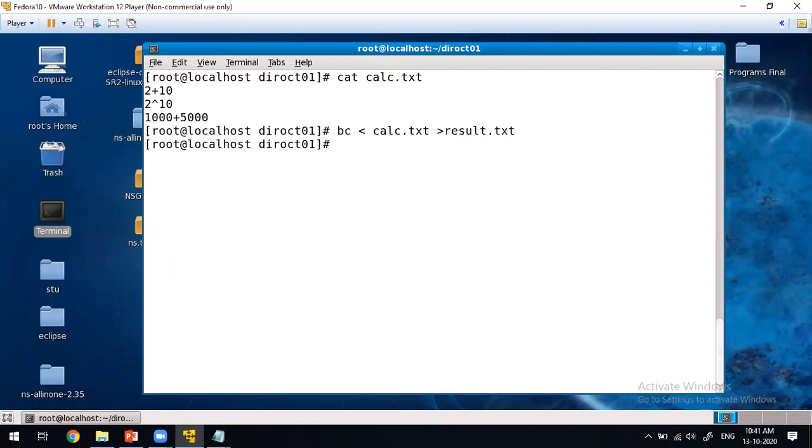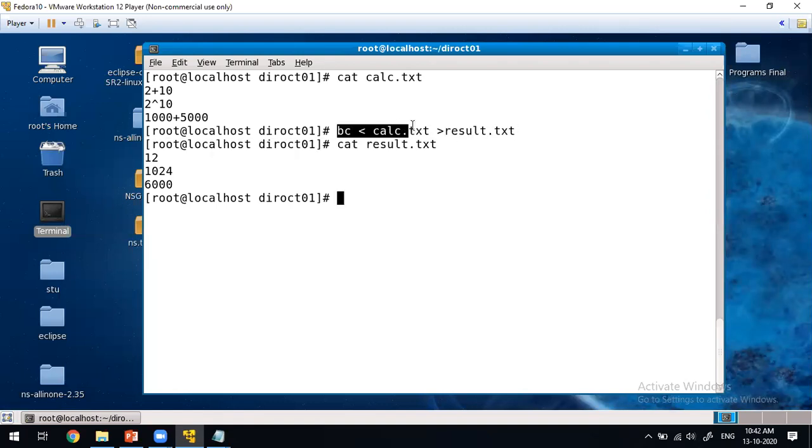Now enter. We will check the result.txt now. Cat result.txt. See there, 12, 1024, since 2 to the power of 10 is 1024, and 1000 plus 5000, 6000. This is the best example of a command which uses the standard input file and also the standard output file.